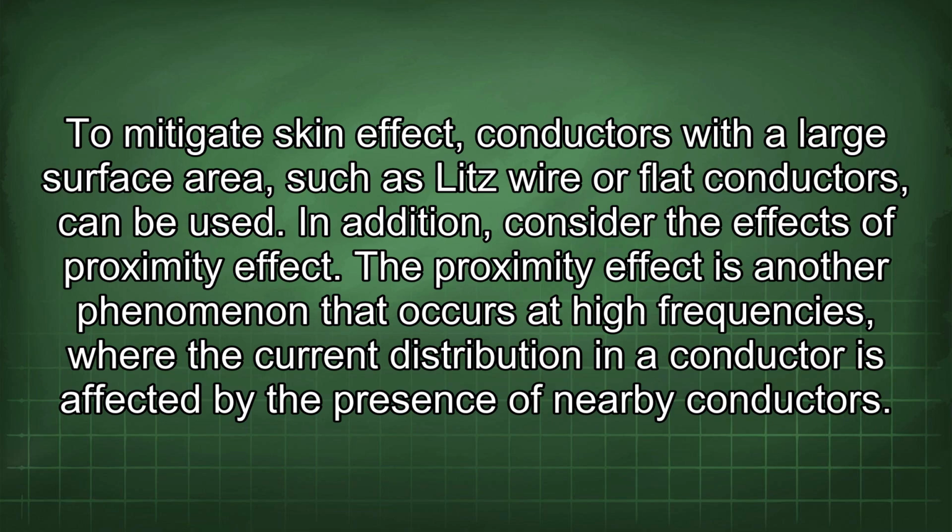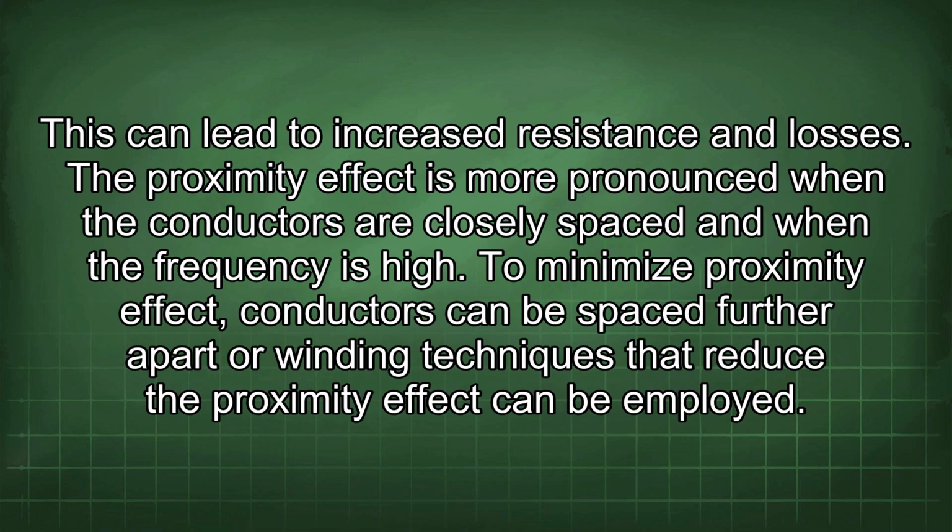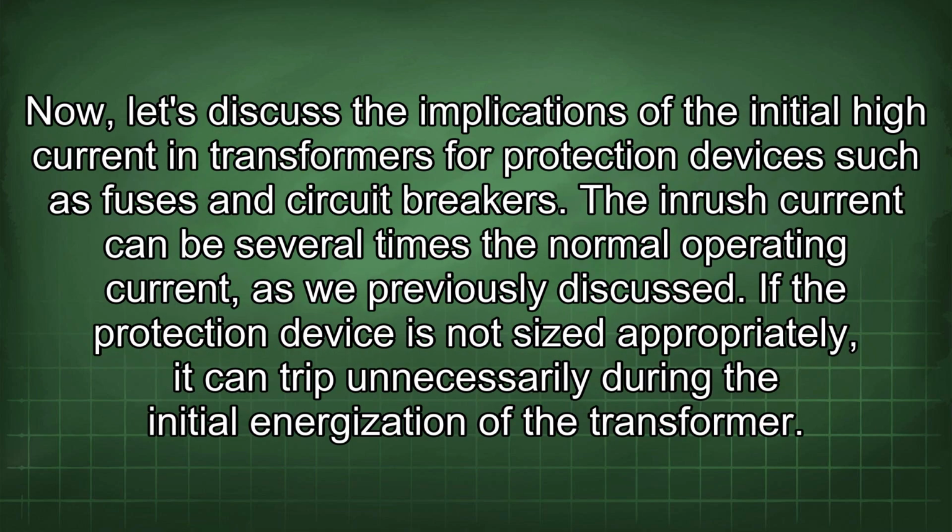In addition, consider the effects of proximity effect. The proximity effect is another phenomenon that occurs at high frequencies where the current distribution in a conductor is affected by the presence of nearby conductors. This can lead to increased resistance and losses. The proximity effect is more pronounced when the conductors are closely spaced and when the frequency is high. To minimize proximity effect, conductors can be spaced further apart or winding techniques that reduce the proximity effect can be employed. Now, let's discuss the implications of the initial high current in transformers for protection devices such as fuses and